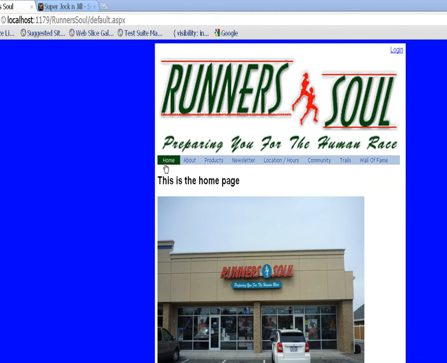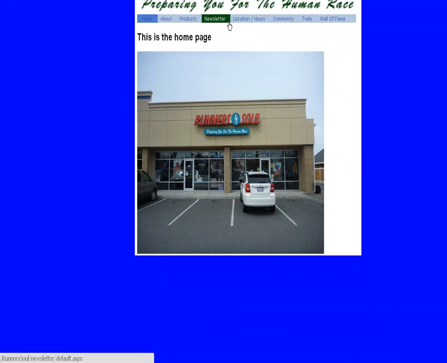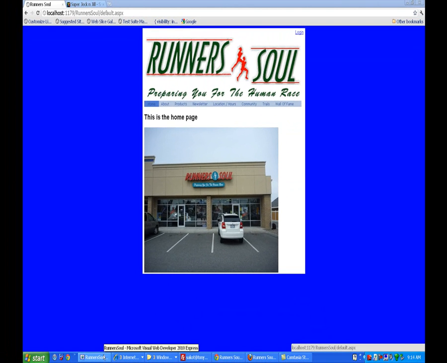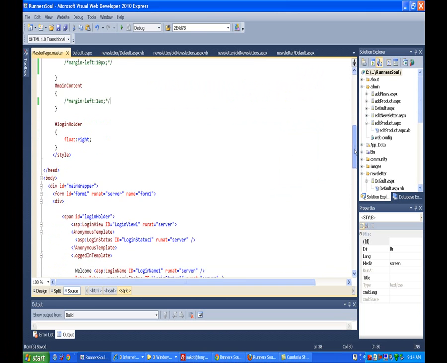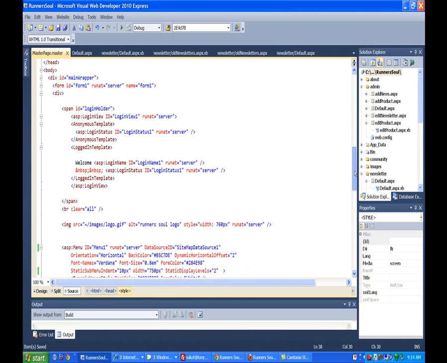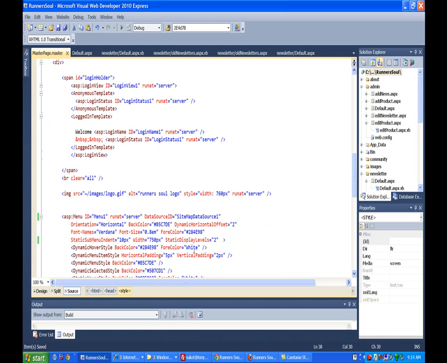evenly spaced. You notice we've got a little bit of padding here, and we've got a lot more padding over here on Wall of Fame. So let's go set those on our menu. And to do that, let's see, I think some of this we can do in the menu control itself. So I'm sure we can set